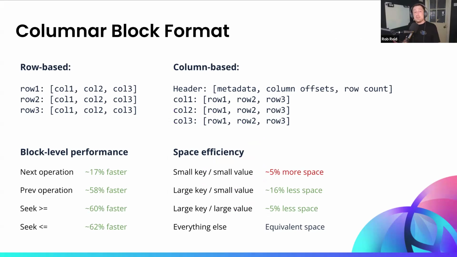So the next performance improvement I'd like to talk about in CockroachDB is columnar block format. And this is a change to the way we physically store data on disk in the key value layer. In a row-based system, each row in the file corresponds to a logical row in the database. Contrast that to a column-based format where each row in the file represents a column and a number of rows for the column. It allows us to achieve some performance improvements.